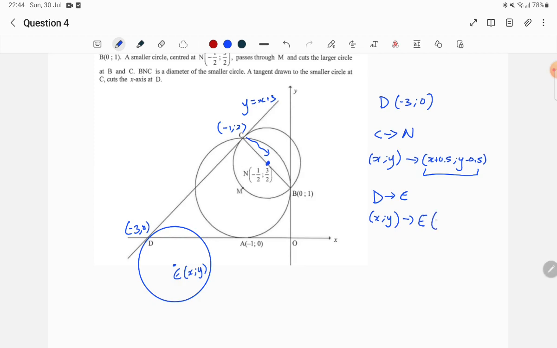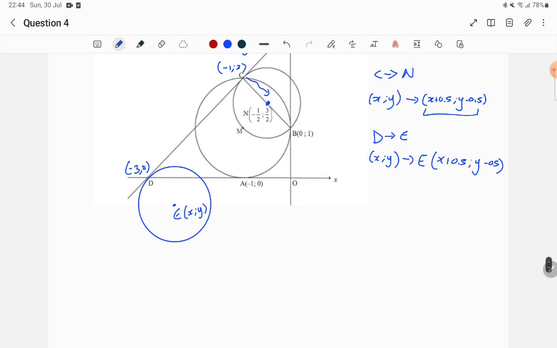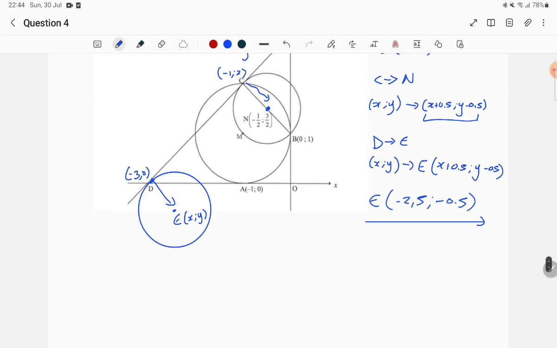So therefore, what we can do is take the x value of D, and add the same x value and subtract the same y value as we did for C to N, minus 0.5. So ideally what would happen is, for E, we take -3 plus 0.5, you get -2.5, and for y we need to subtract 0.5, so we will just get -0.5, and that is E. And the reason for that is the distance from D to E will give you the same distance from C to